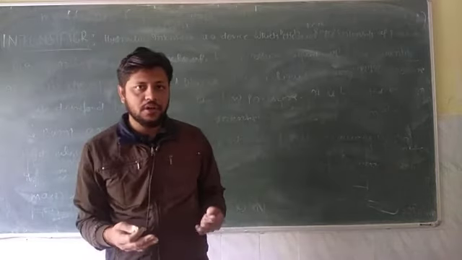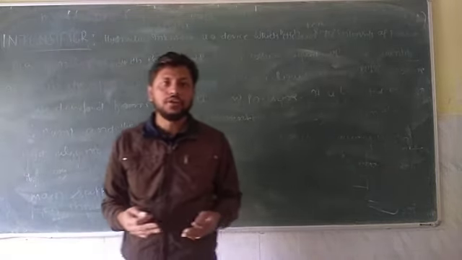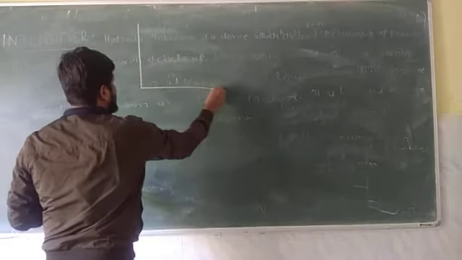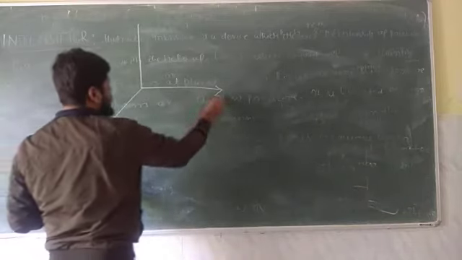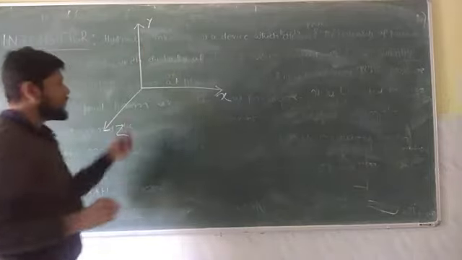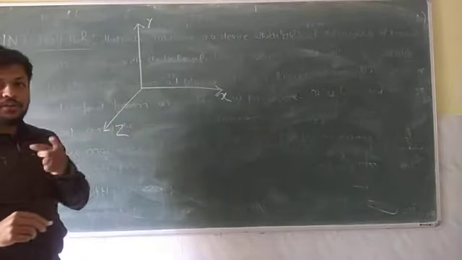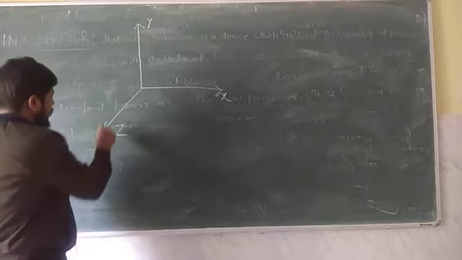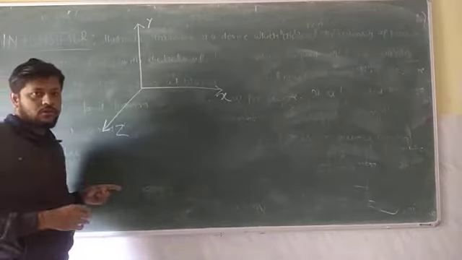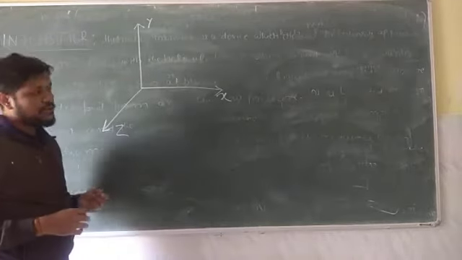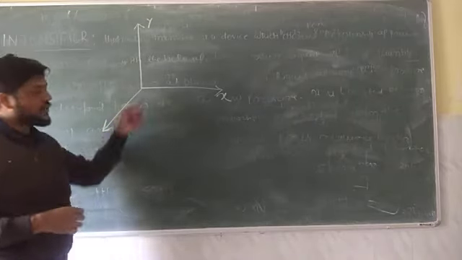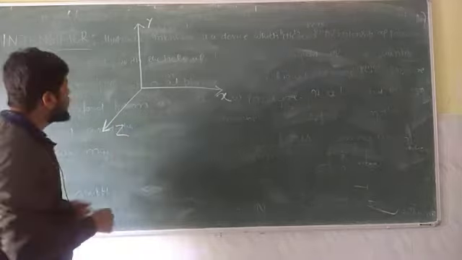Before I discuss how to calculate the gain and other parameters, let us first study the coordinate system that we are going to use in the antenna subject. So generally you have studied the Cartesian coordinate system, that is, suppose this is x and this is y and this is z. So z is out of the board, that is coming towards you. I have shown it like this because this blackboard is a 2D plane, and in order to show 3 dimensions I have to draw it like this, but this z is coming towards you or going into the board.